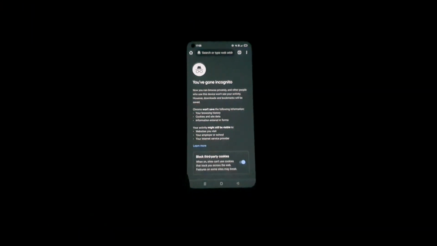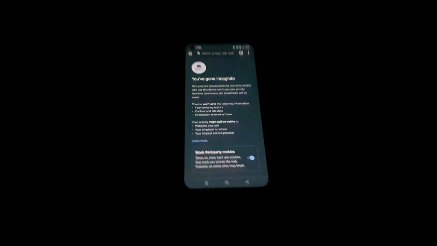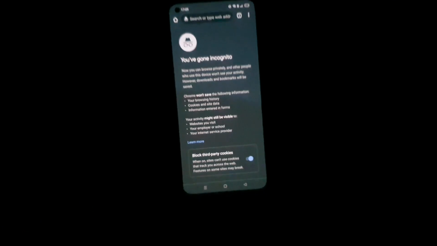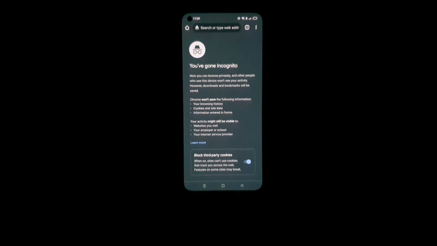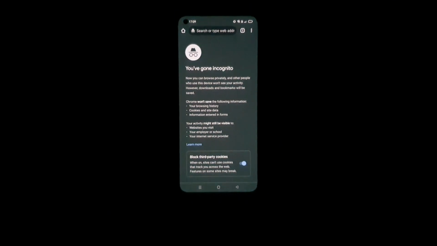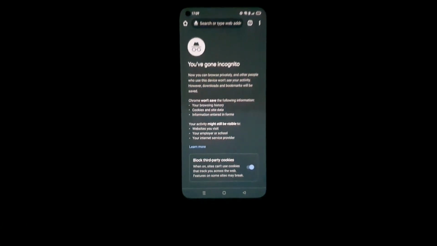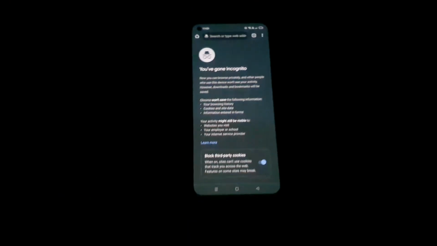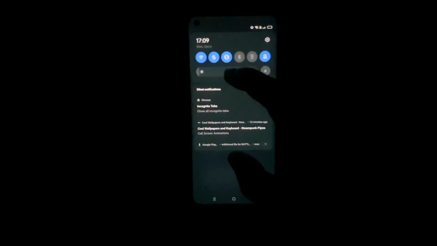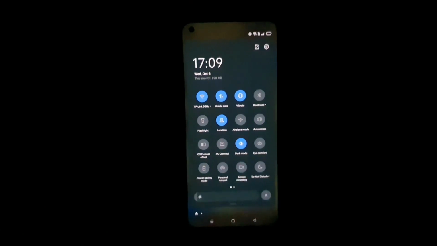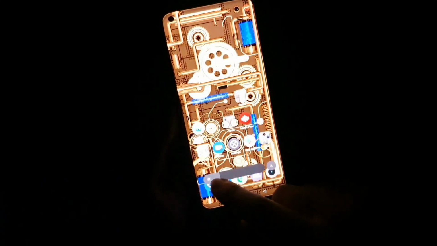So friends, this is the incoherent mode which is open at this moment, and right now I cannot see any kind of green tint, but there is some flickering going on. If you want, you can observe. As you can see, some kind of flickering. This is a kind of new thing which I did see. Right now the brightness is going to decrease. As you can see, in the notification panel, if I try to increase and decrease the brightness,